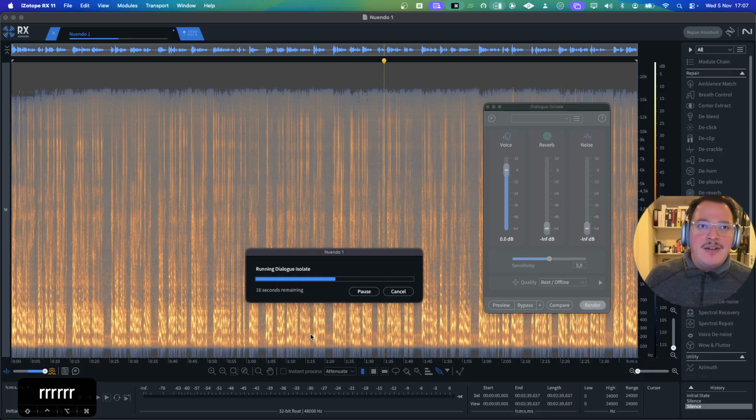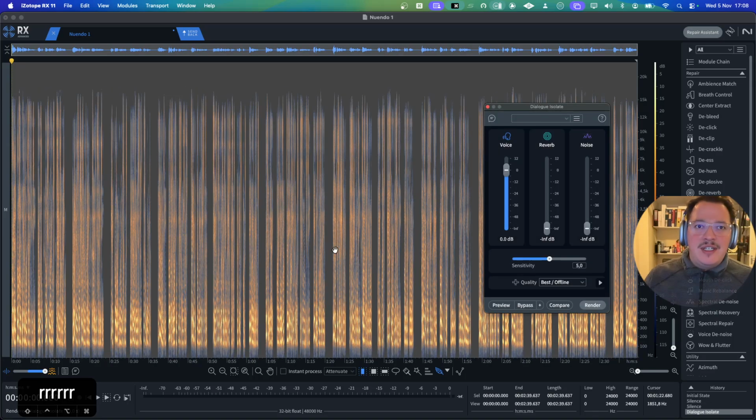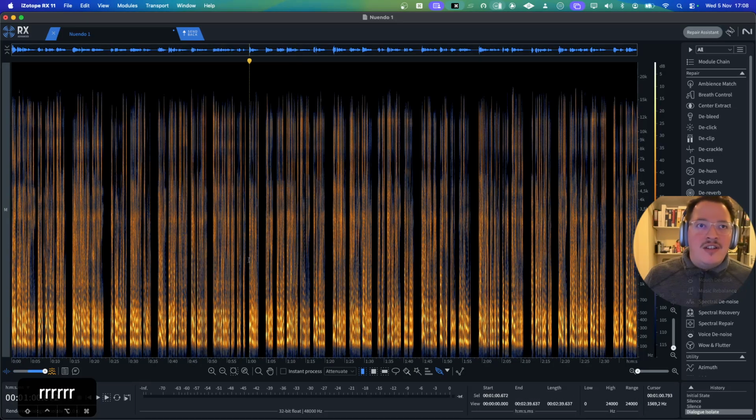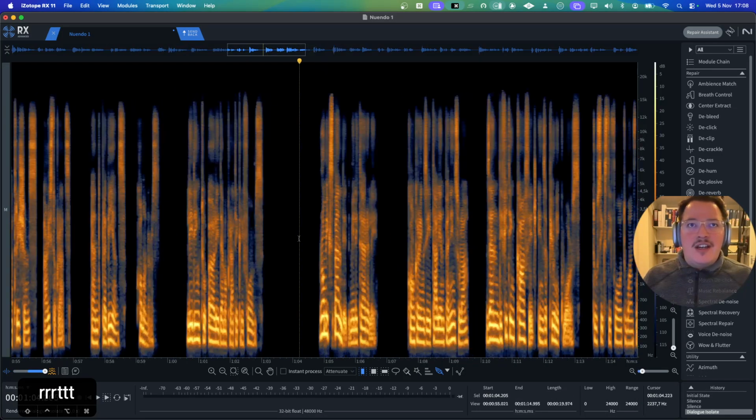Now, what we can do is we're going to just reference the difference between what RX is going to do and what Adobe Podcast has done, so that you can listen together with me at what the difference is between the two processing methods. Now you can see here that there's a huge level of cleanup on these voice files.